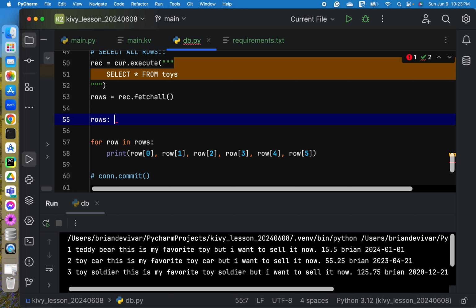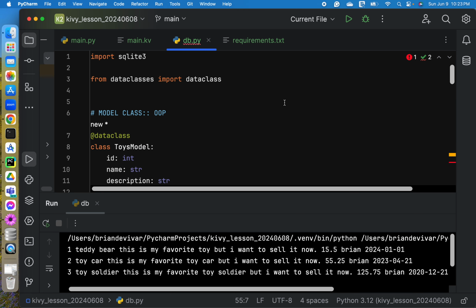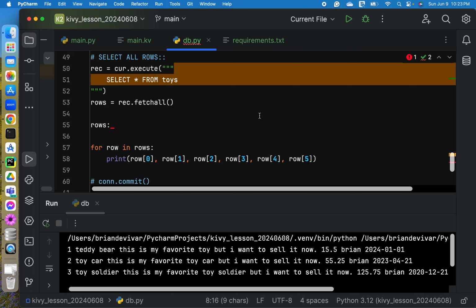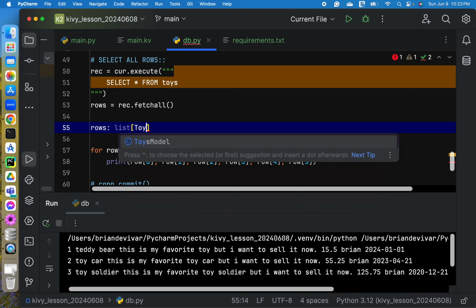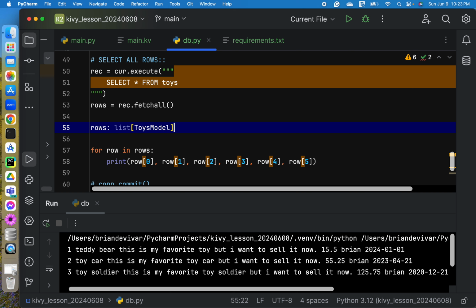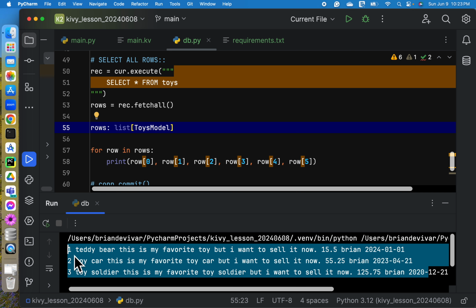We used colon here to signify what data type these rows should have. And we already created the data type. So this toys model becomes our data type. So rows, we need a list of toys model, because as you can see in the result, we have 3 in the list.